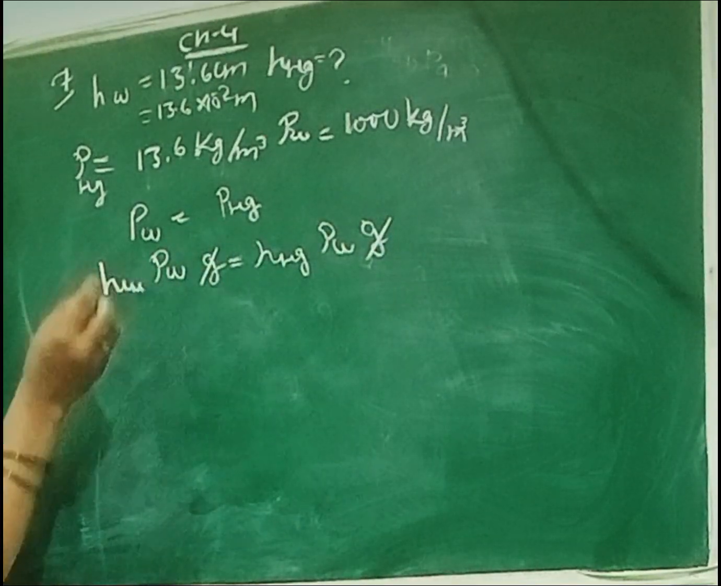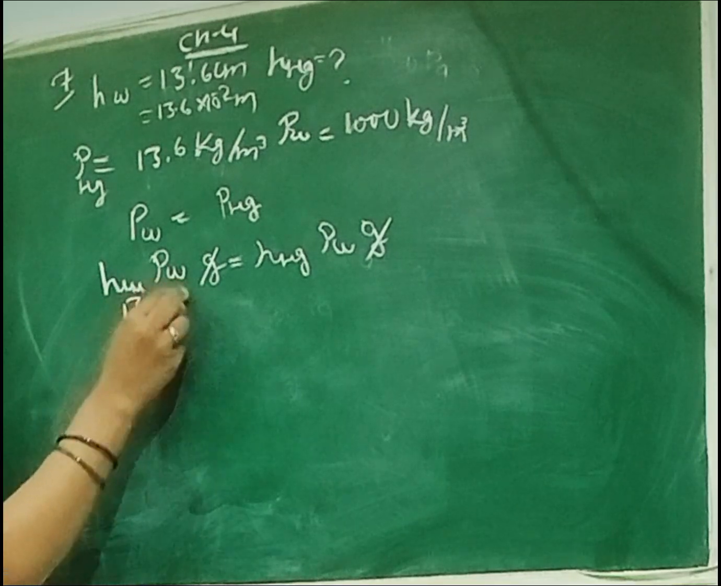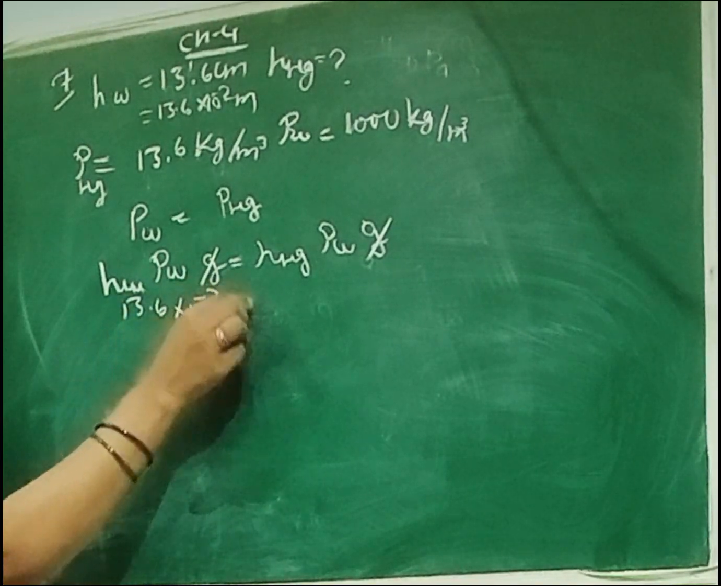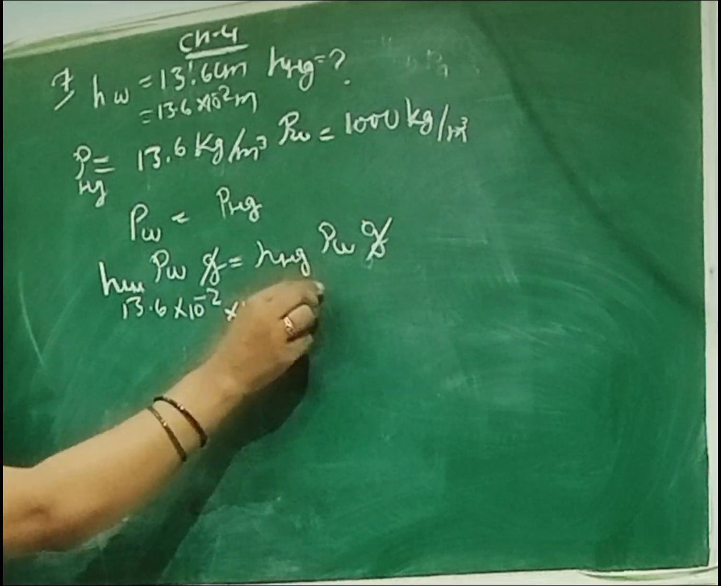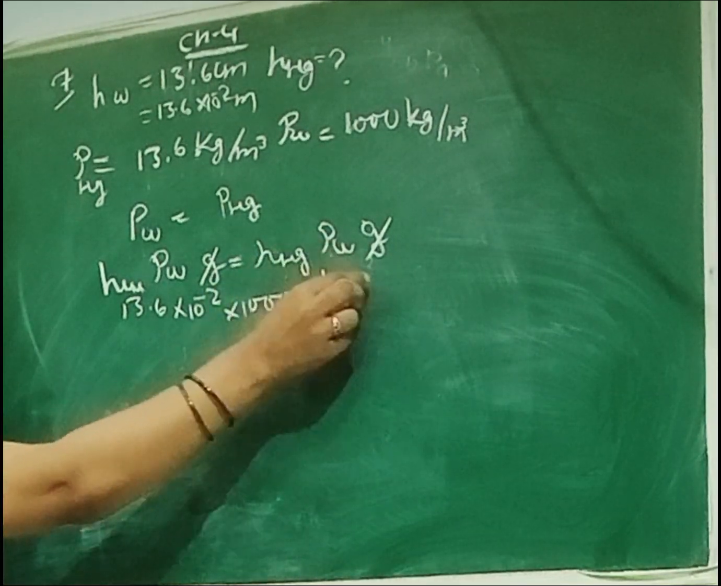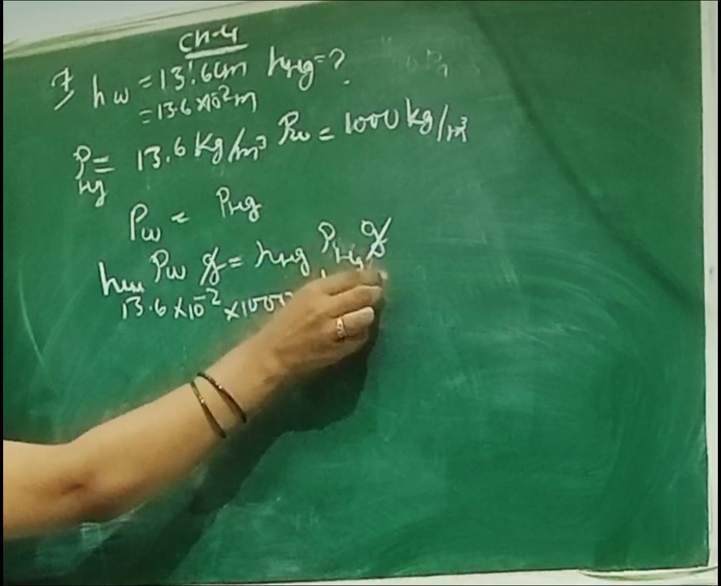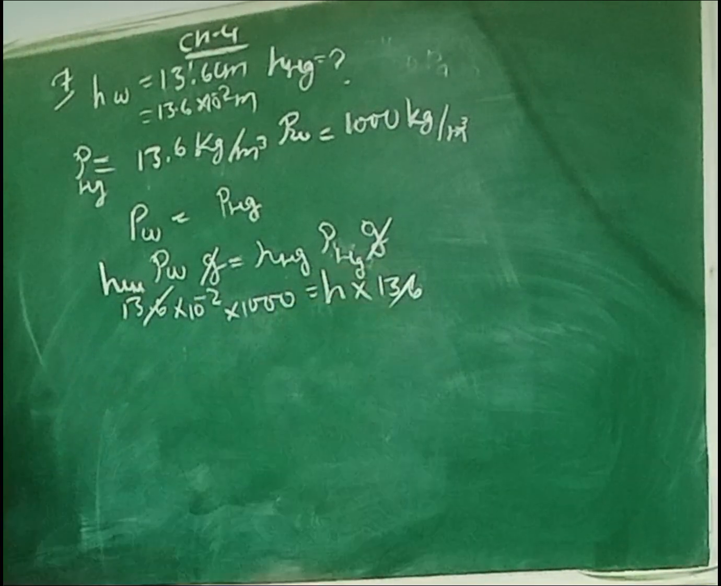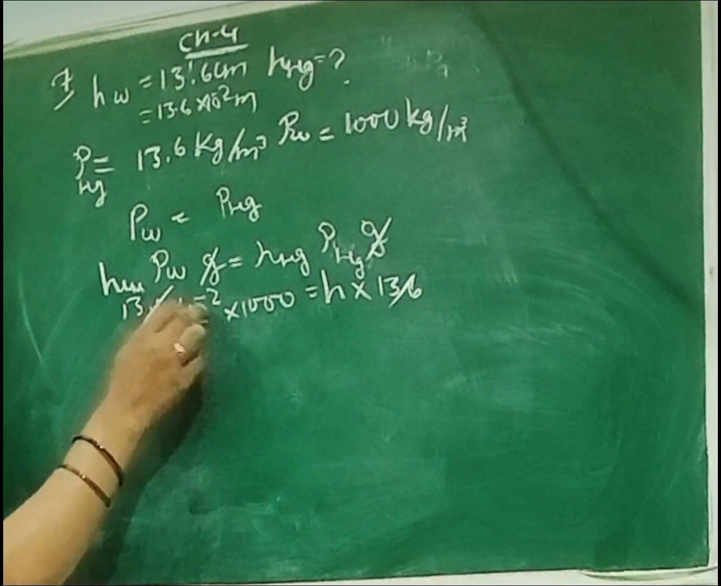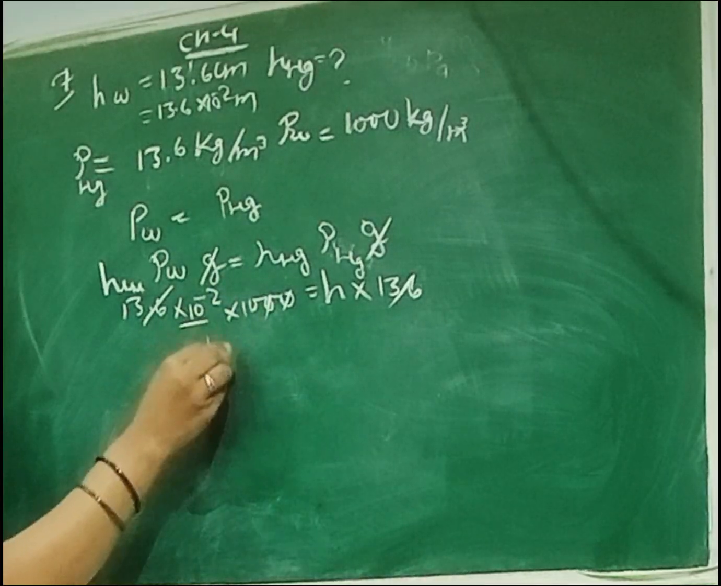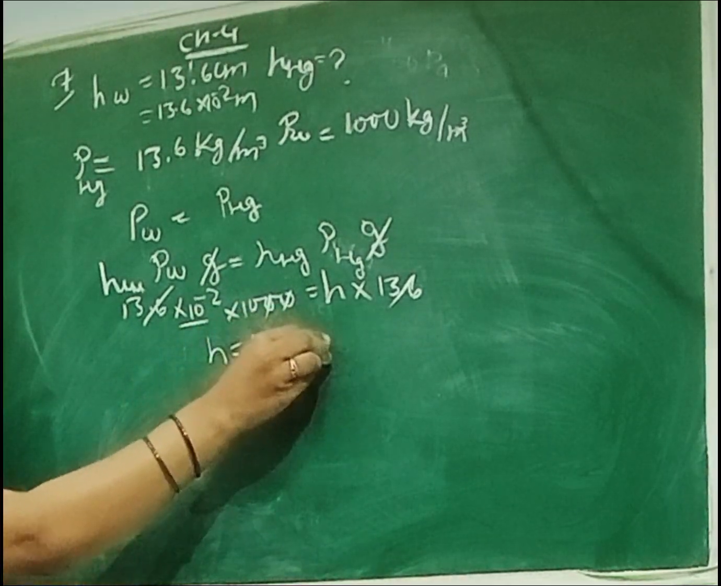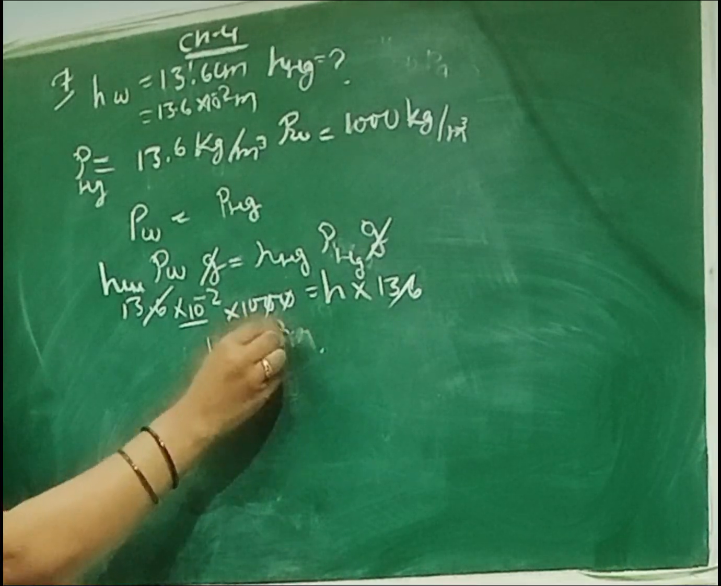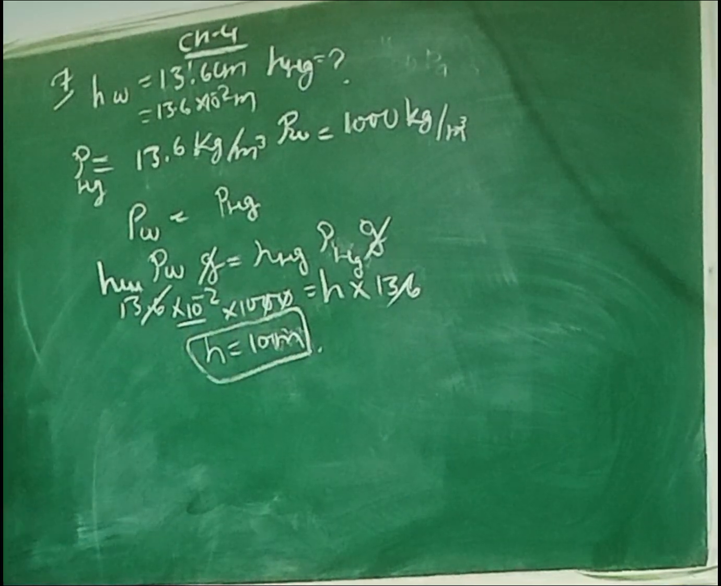G is cancelled. Height of water कितना दिया हुआ है? 13.6 into 10 to the power minus 2. Density of water कितना है? 1000. हाइट ऑफ मर्क्यूरी हमको निकालनी है और डेंसिटी ऑफ मर्क्यूरी कितनी दी हुई है, 13.6 बस. 13.6 कैंसिल, 10 to the power -2 मतलब 1/100, this 20 cancel, so height of mercury is equal to 10 मीटर। तो कितना राइज होगा मर्क्यूरी में, 10 मीटर। This is your answer।